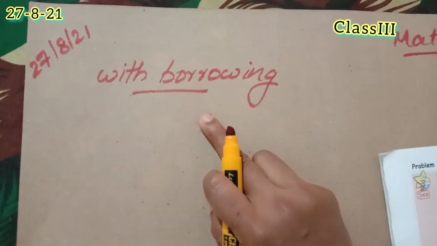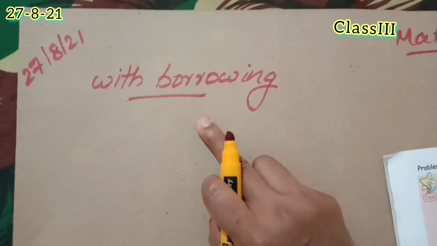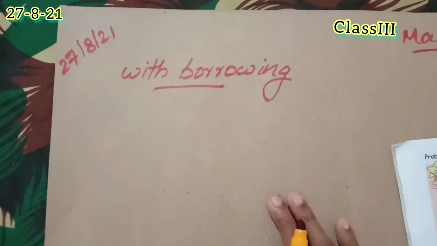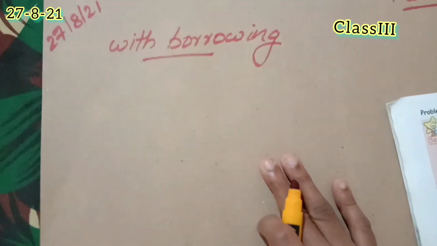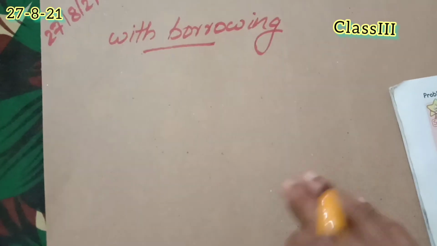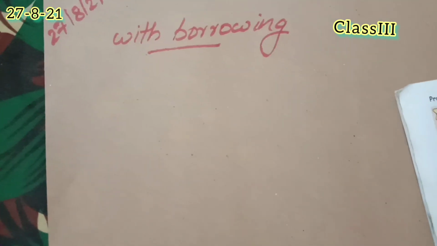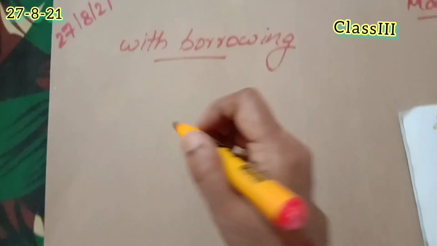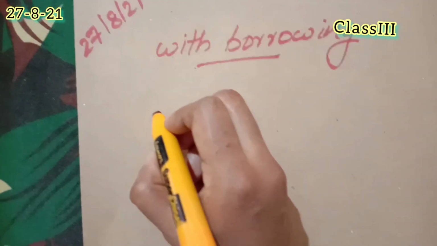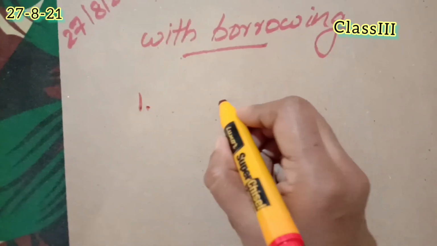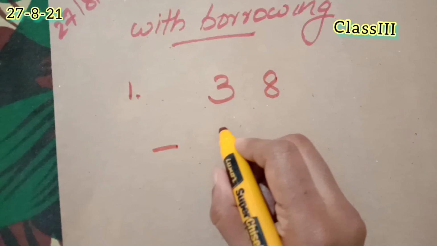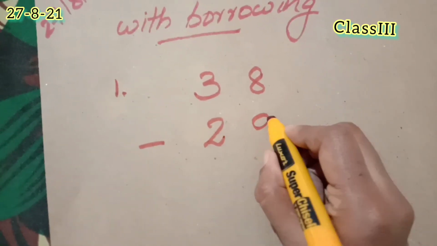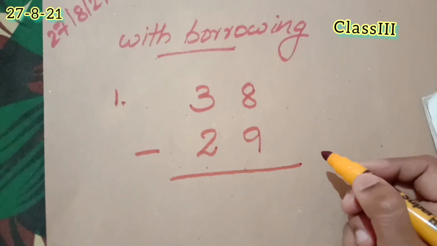Dear children, we are in the chapter subtraction and we have already discussed how to do subtraction without borrowing. So today we will concentrate more on subtraction with borrowing. You may know all this from grade 2 thoroughly, and we had also discussed something in the previous class, but I need more understanding with this concept. So let us go through some problems today with borrowing. But how will we do 38 minus 29?